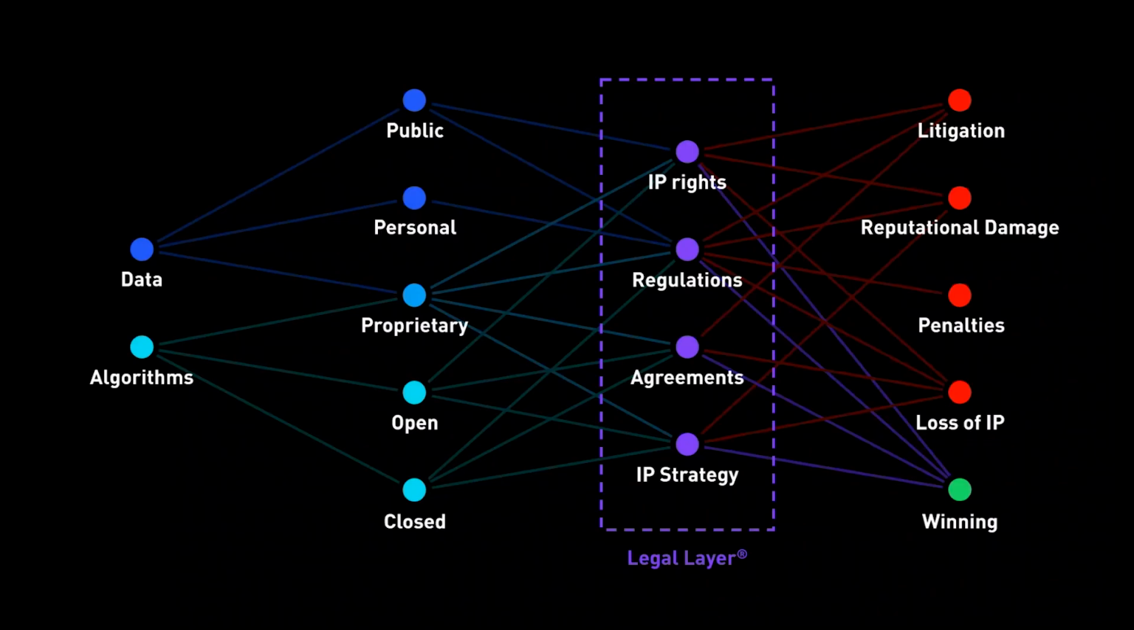And my task is to optimize this, in particular what happens in the legal layer, to give the highest probability of ending up at winning. And the fun part is that different paths through this network represent different issues encountered in the context of AI, and in particular generative AI. So today I'm going to talk through a few of these. And